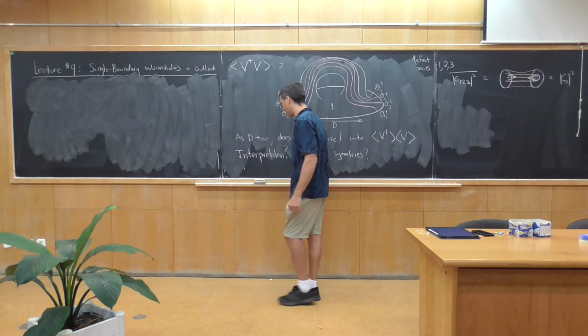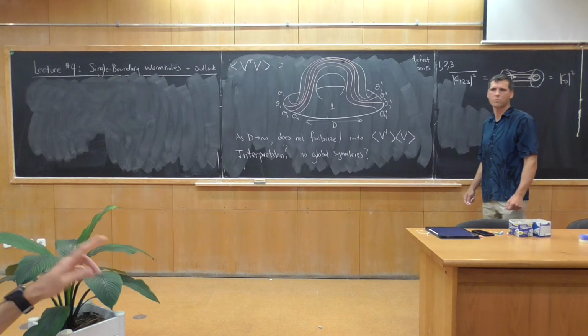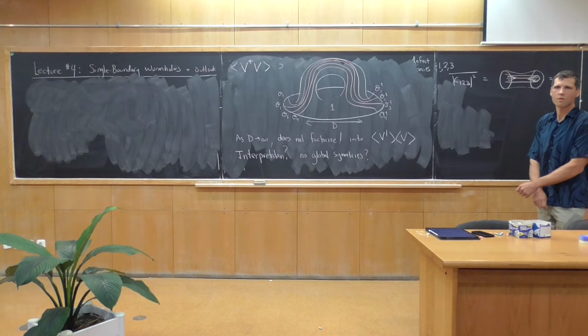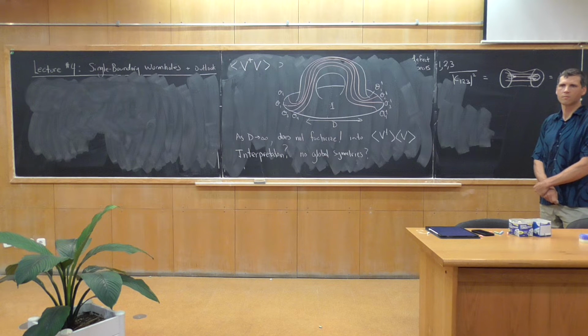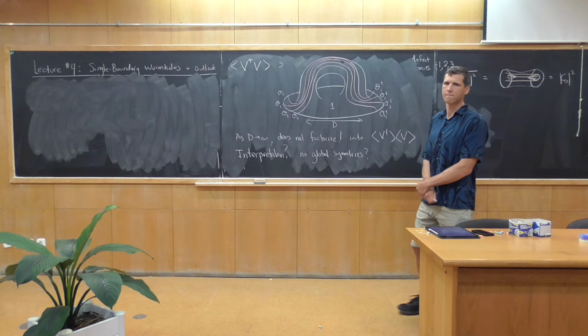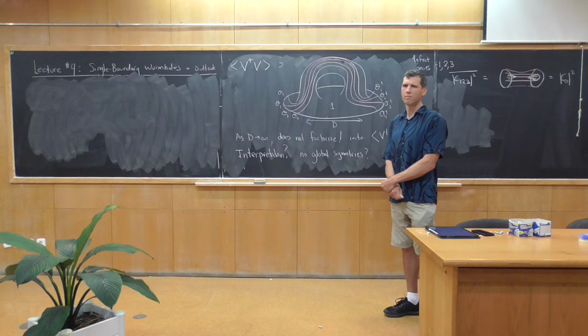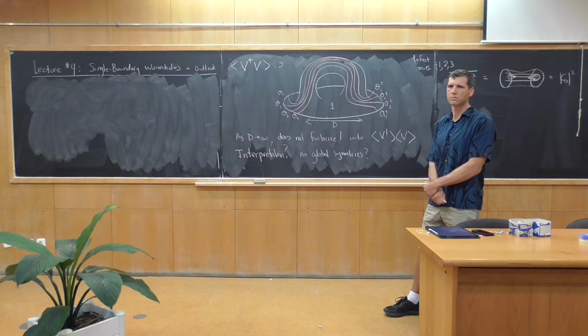From the point of view of the CFT data, if I were to take this 8-point function and decompose it, I would see that there is no identity, up to exponentially small corrections in C, so there's e to the minus C in front of the identity block. Is this how the global symmetries are violated? Yes. So if I take only 2 operators, 2 on one side and 2 on the other side, and I would like to exchange the identity, that would want to be proportional to the 2-point function.